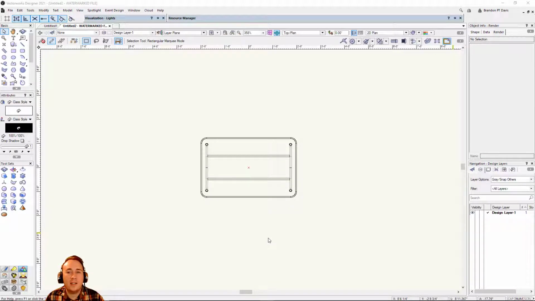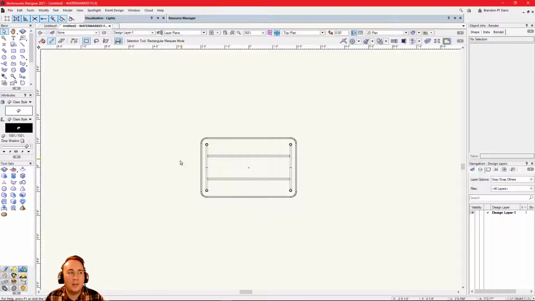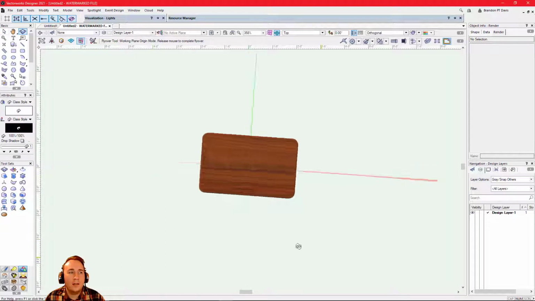Theatrical scenic designer, and in this Vectorworks tutorial video, we're going to cover hybrid symbols. If you aren't familiar with symbols, I recommend you watch my previous video on symbols. In that video, we covered how to create a symbol in 2D and 3D and a grouped symbol. A hybrid symbol is when you combine the 2D and 3D elements into a symbol. In this video,